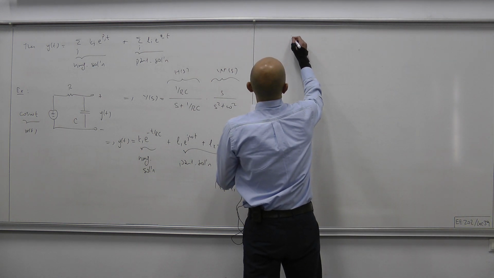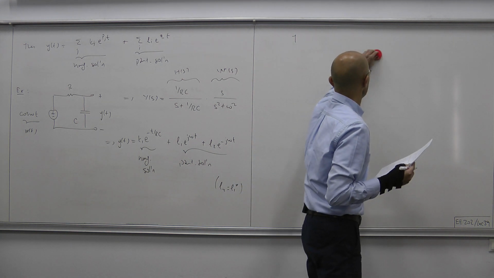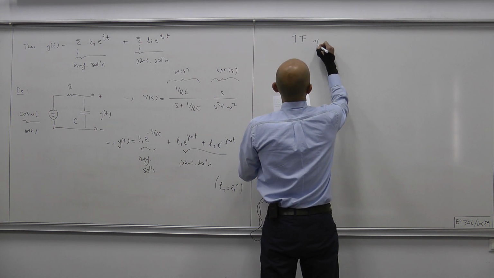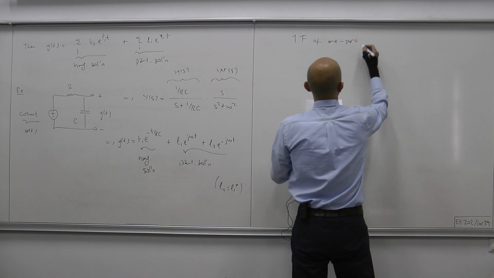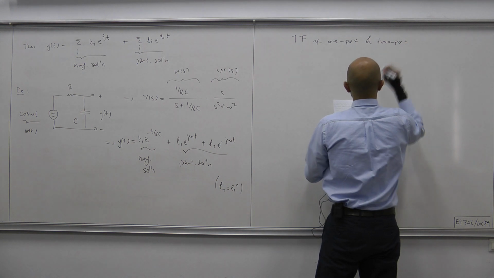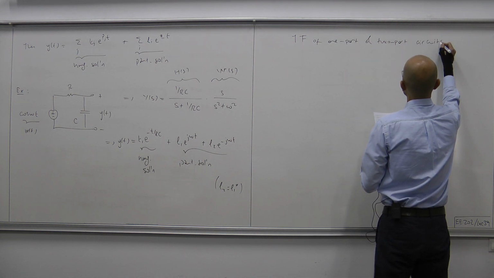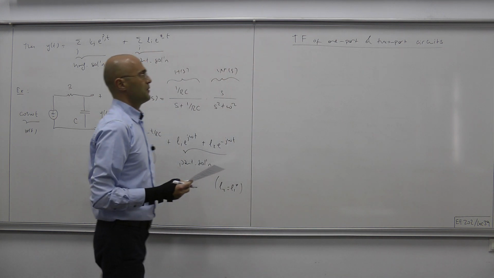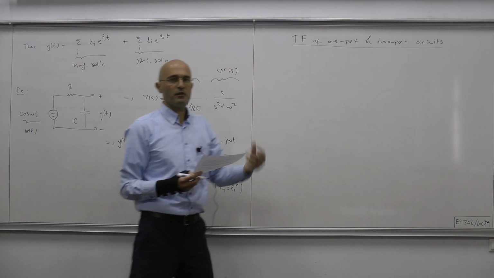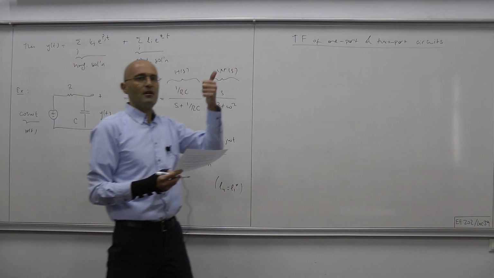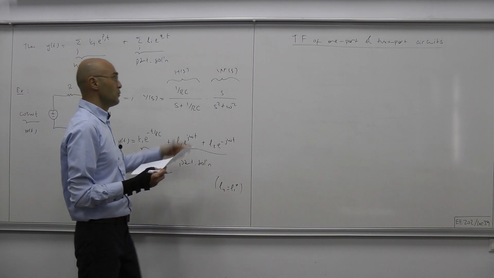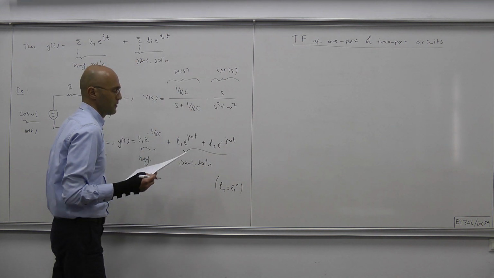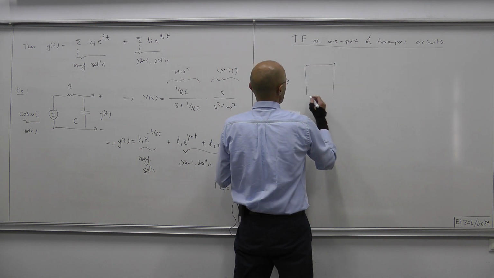The transfer functions of one port and two port circuits. There isn't really much to say about the one port because it's very simple. We have a single port, so that means we have just a current, the input current, and input voltage. Therefore, their ratio will be our transfer function. This is the one port case,